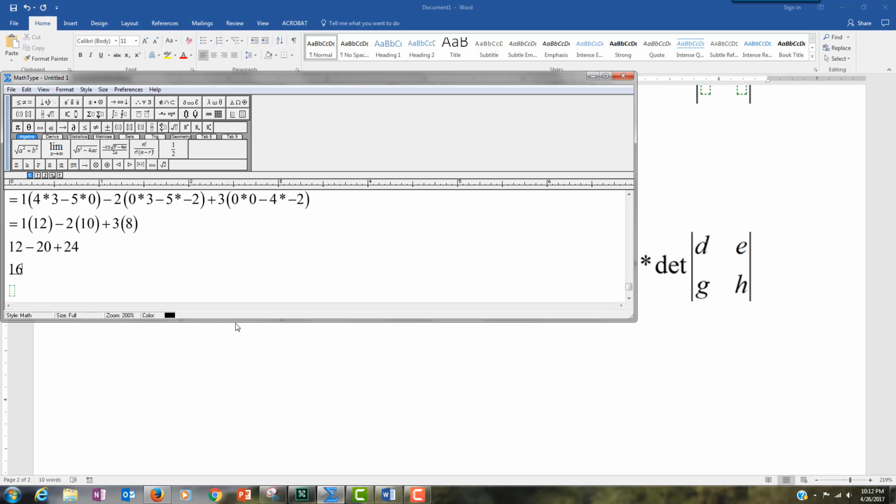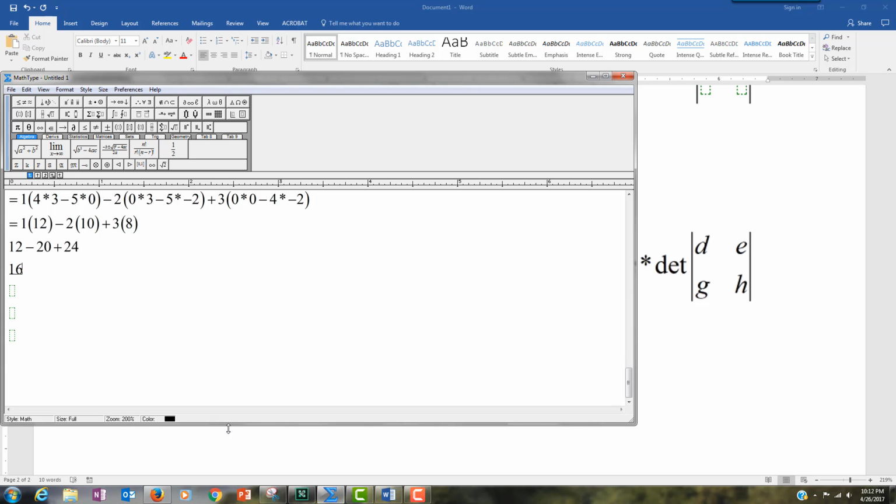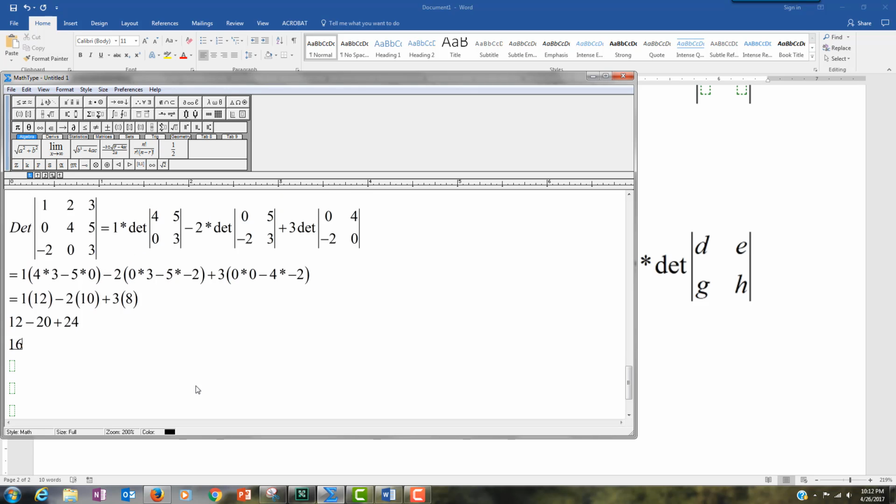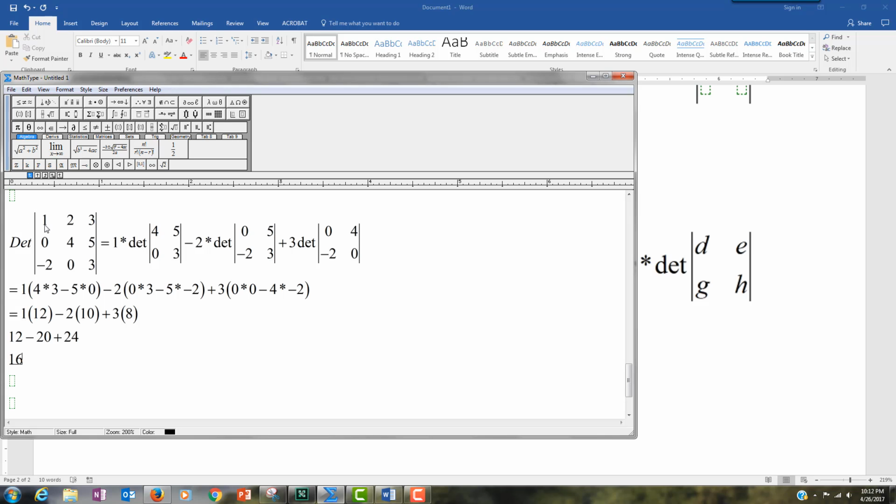Okay, now let me show you a different expansion of this because you don't have to go across. You don't have to do 1, 2, 3, that top row. You can actually go down, or you can do a bottom row or the middle row. But you have to keep in mind that whichever pattern you pick, it's positive, negative, positive. It's like alternating signs as you set up your expansion, but there's value in looking at a slightly different